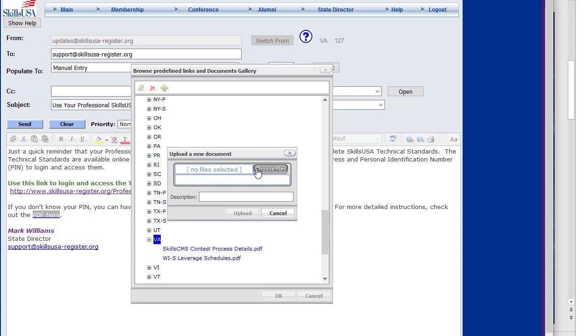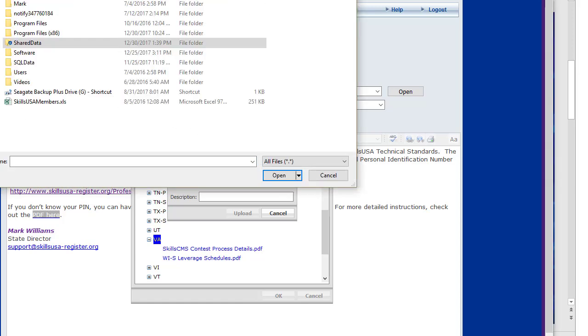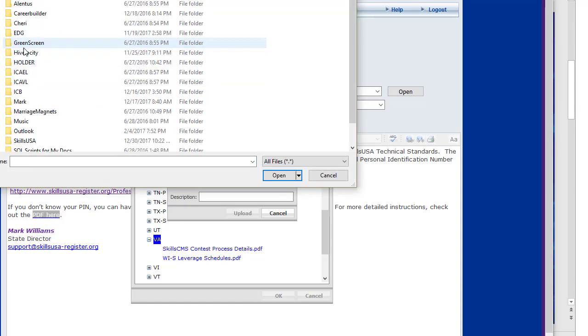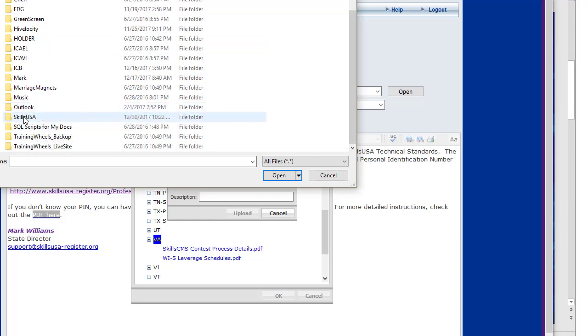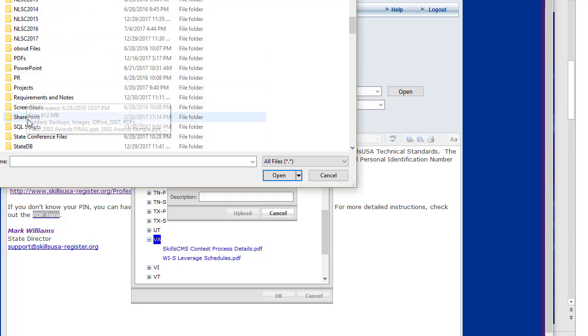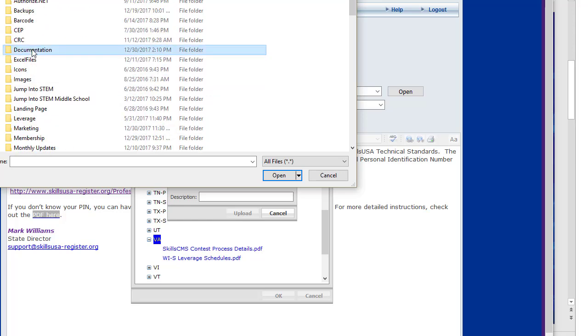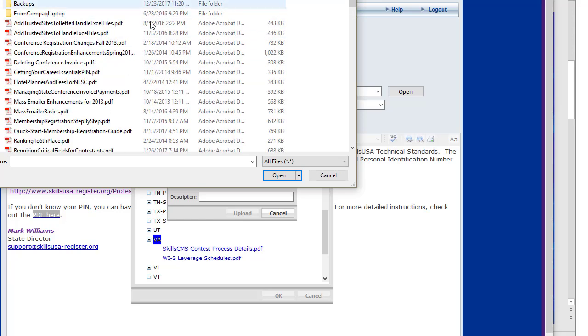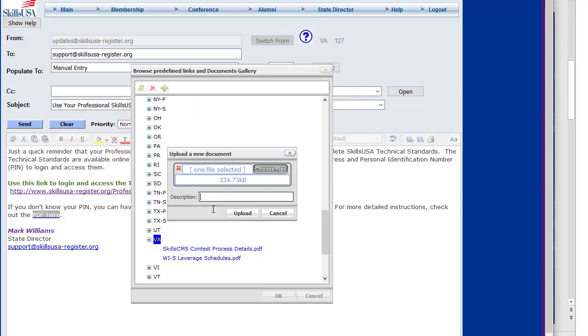And the document I want to select is my... I think I've got a PDF here somewhere. I just browse around on my hard drive looking for things, documentation. I think I have a PDF called Getting Your Career Essentials PIN. That's the document I want to upload. So I want people to be able to get to this PDF, Getting Your Career Essentials PIN. So I open that,